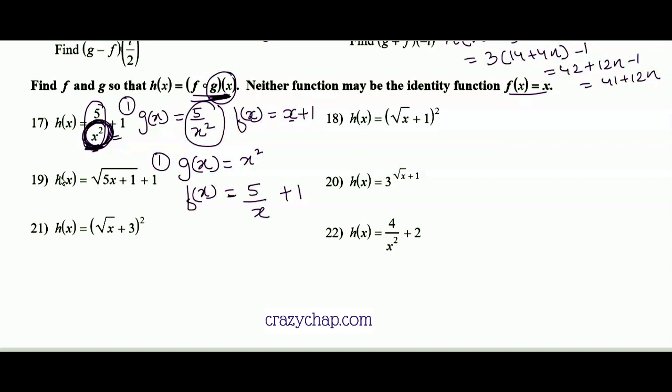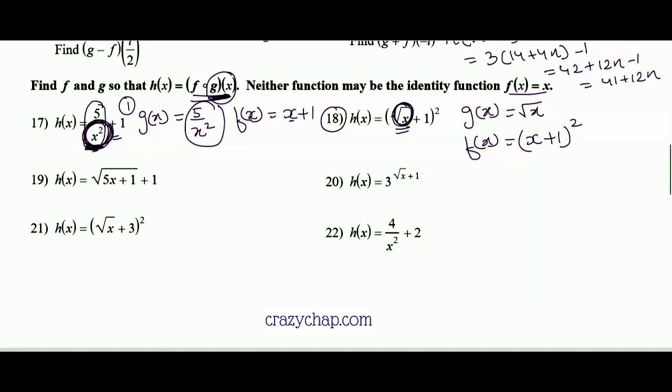Let's try question number 18. Please have a look. 18 looks very easy. I will suppose g(x) function as root x because g(x) is in front. So I am writing g(x) equal to square root of x. Then f(x) equals x plus 1, because in place of root x I just say x, that was my supposed value, g(x) whole square. Hope it makes sense, guys.